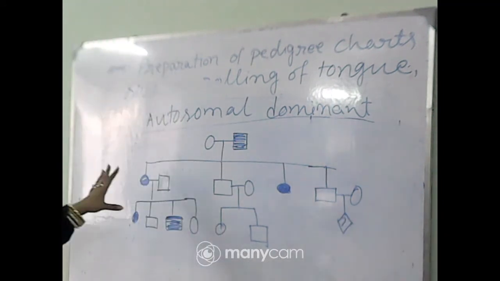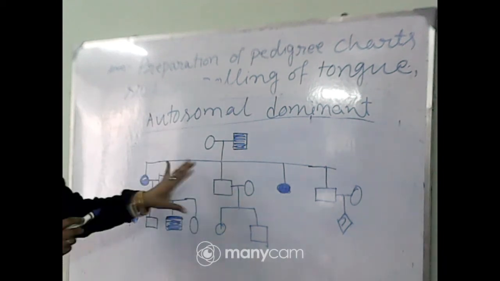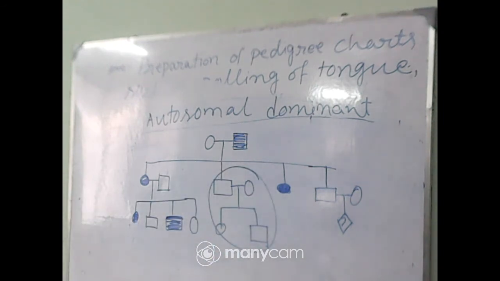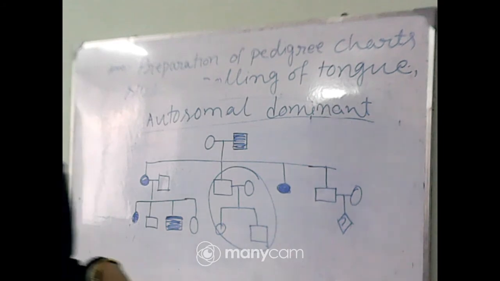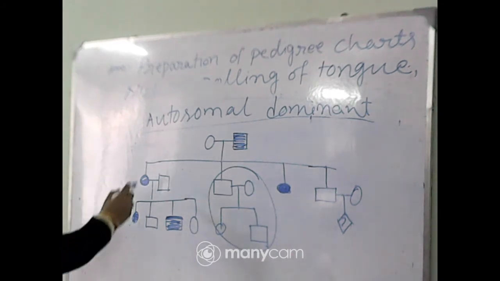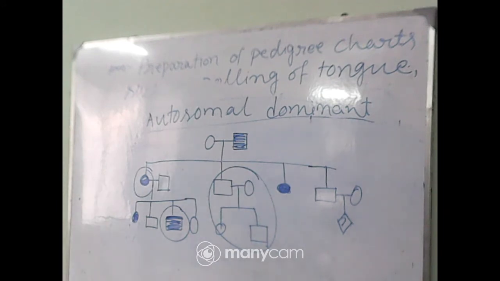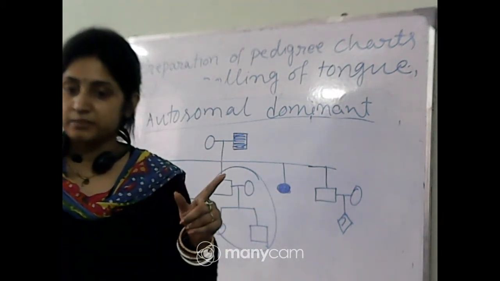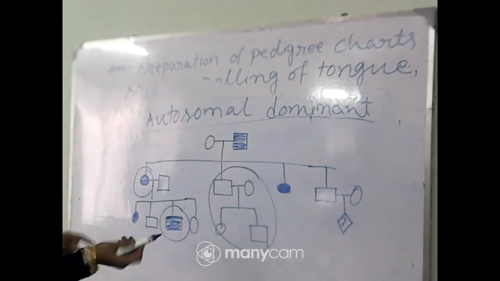So if there is any this type of pedigree chart present, first it is autosomal dominant, means you can see from that picture unaffected parents have unaffected children. This is the most important characteristic of the autosomal dominant. Okay. Next, you can see affected children must have one affected parent. If there is any affected child present, obviously one parent may be affected. Male and female both are similarly affected.